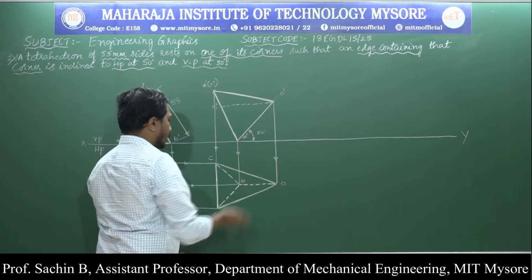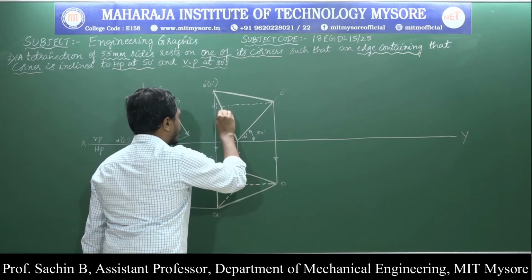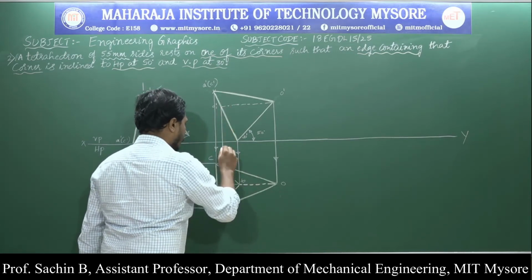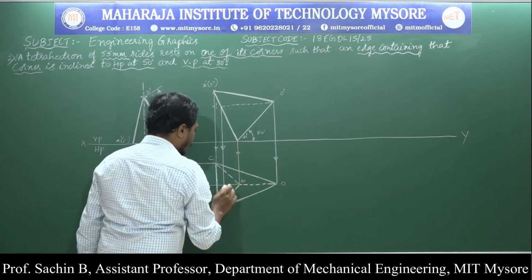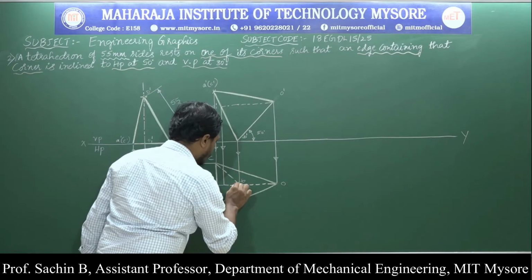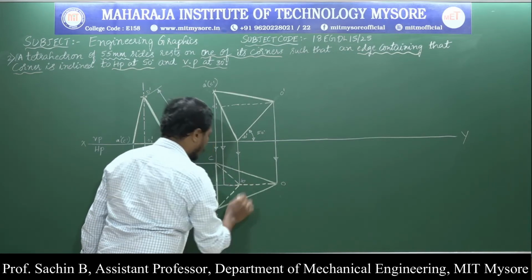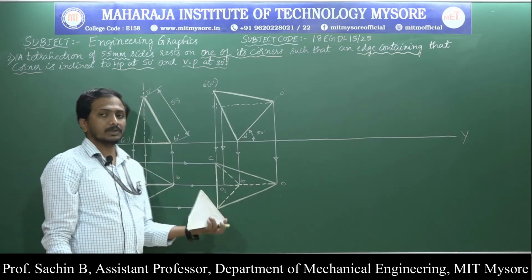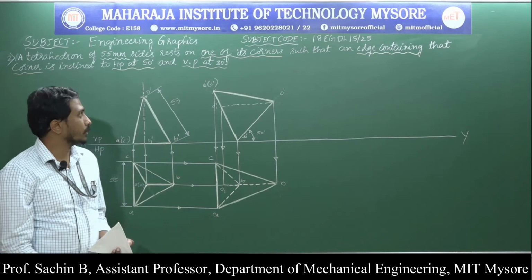I will go for drawing with the hidden lines. Next I will go for drawing the projection line from O1 dash point. Now here the axis is present, I will go with the chain line. This is my O1 point. This is the second position top view of the object.